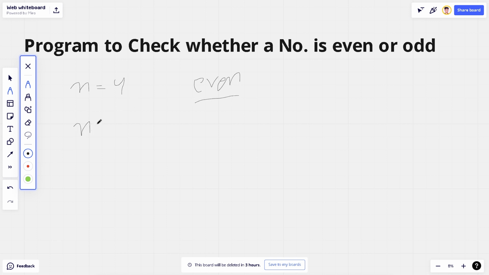And if I ask the user to enter input and the user enters any odd number like 3, then what will our output look like? Our output will be "odd". Okay, so this is our program. So how this program will work is